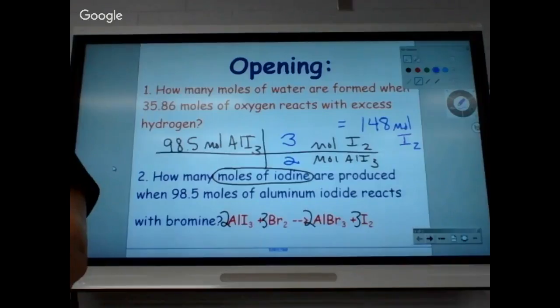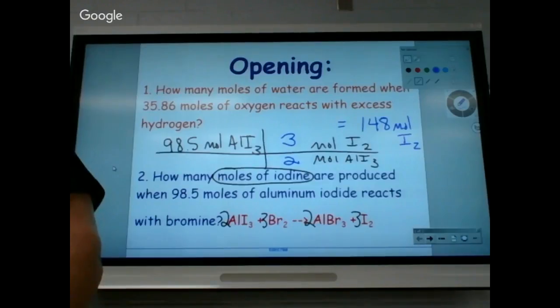Now, 6, 7, and 8 are gram questions. Do you want me to hold off on those until we learn how to work those, or do you want the answers? All right, the answers for 6, 7, and 8: somewhere in the ballpark of 4,700. So I have 4,740 grams. You got what? 47.2. Okay. 7 will be somewhere around 1,160 grams. And 8 somewhere around 4,770 grams. I got all the numbers, but I got 47.2, 11.6, and